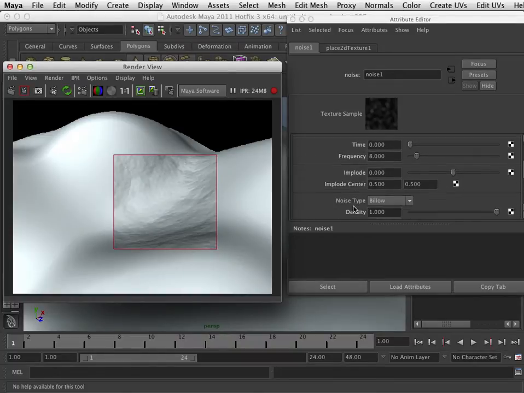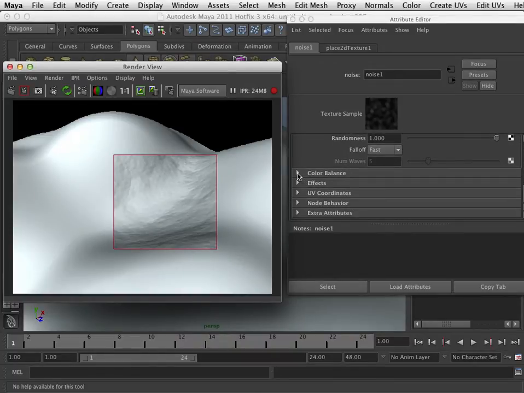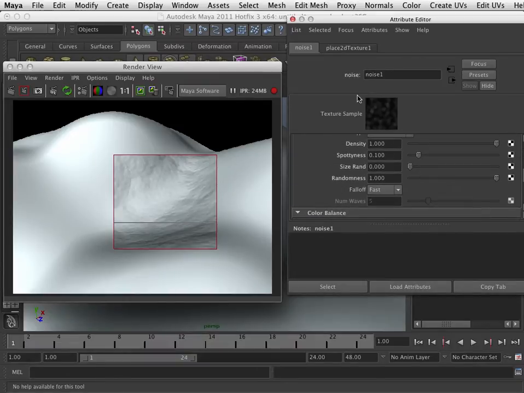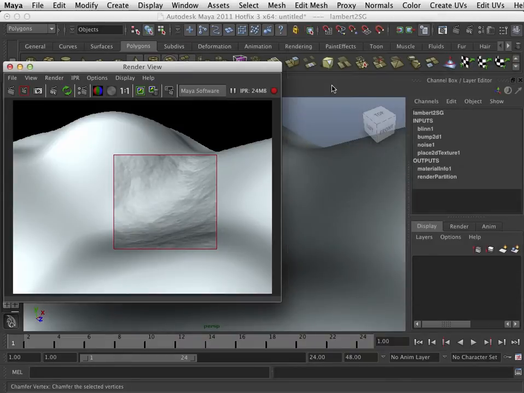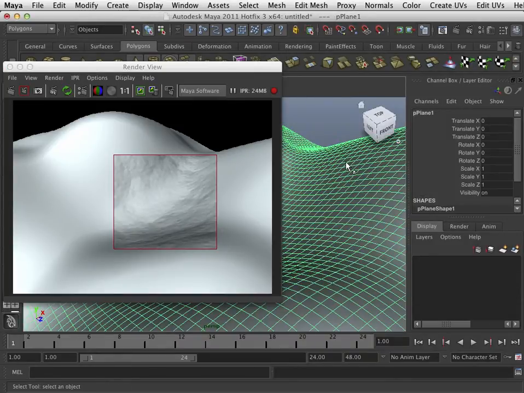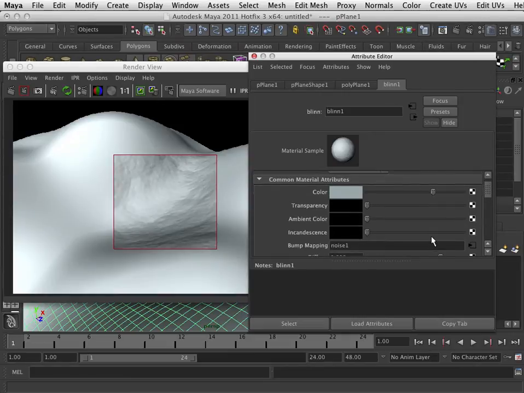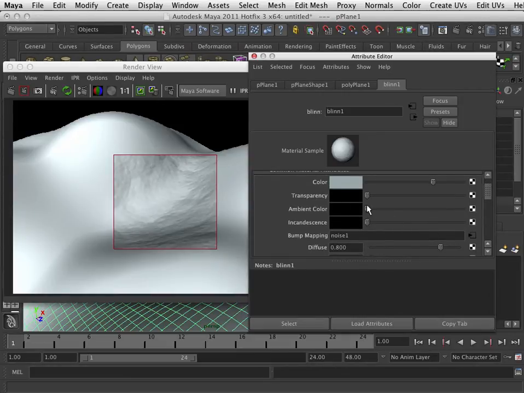But I want to keep going down and see what it says in terms of color balance. No, that's not what we want to do here. We want to do that in our material. So let's select this and go to our attribute editor, and where it says Ambient Color,